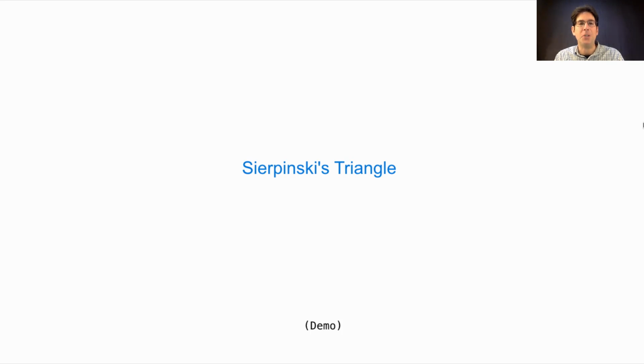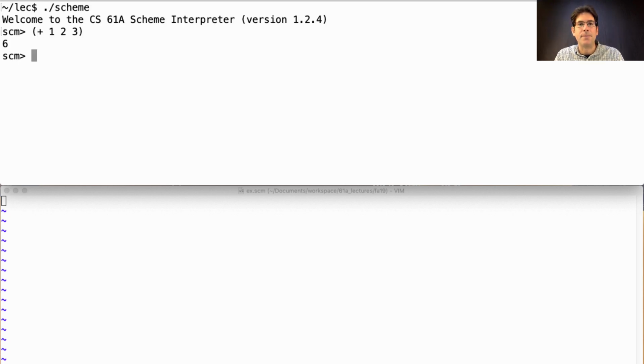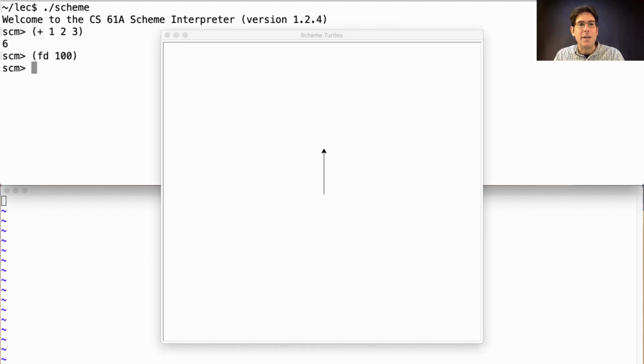Let's look at an example of a Scheme program that draws Sierpinski's triangle, using lots of the features of Scheme that we've seen so far. When you start Scheme, you can immediately start adding numbers together. But there's also some built-in drawing facilities in the version of Scheme that we distribute with the homework assignments for this course. So, for example, you can say move forward 100, and this forward procedure tells a little turtle to